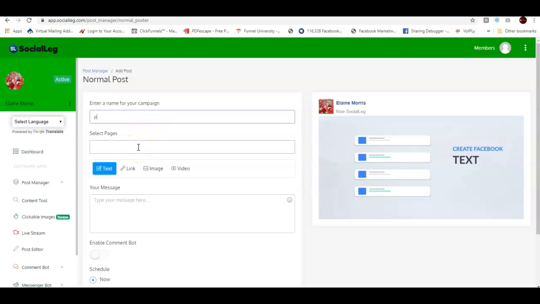and let's go ahead and name it Post 1. Select the pages we want to put it on. Now it brings in all your fan pages, all your accounts. So right now I just have these two in this one. So Social Leg VIP, Social Leg members. So we're going to go ahead and put it on Social Leg's